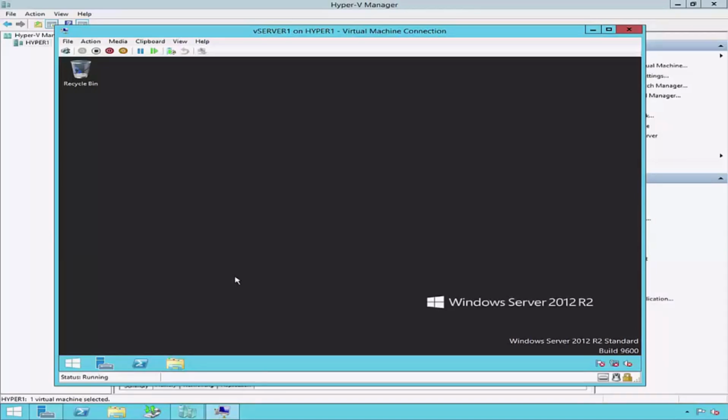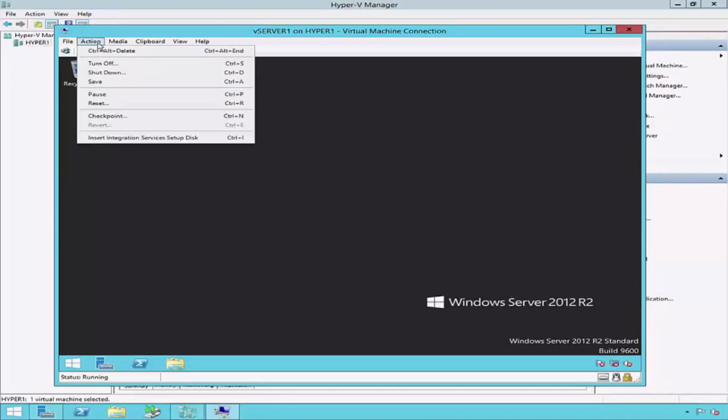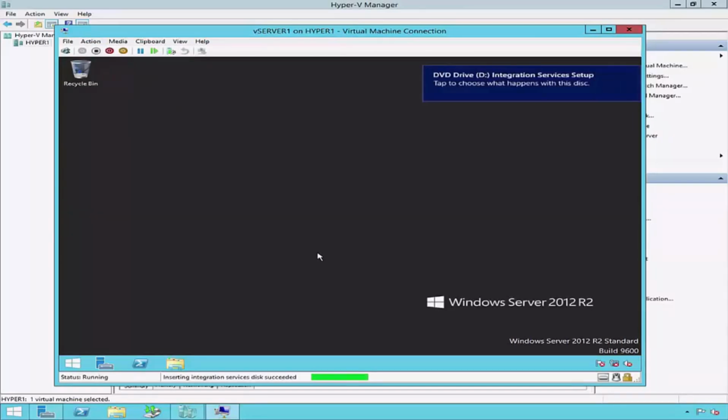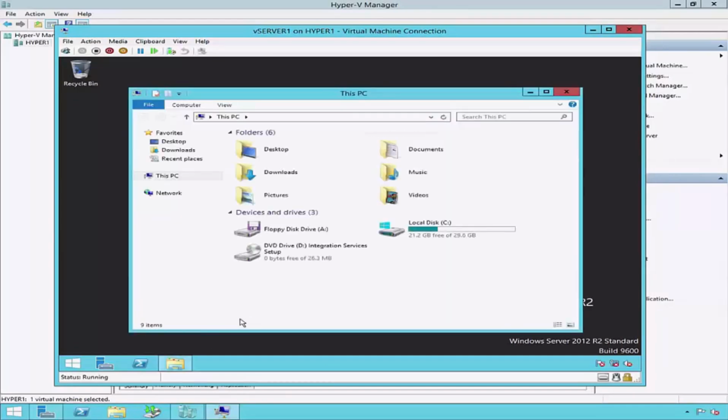Installing guest integration services onto a virtual machine is simply a matter of clicking Action and selecting Insert Integration Services Setup Disk from the drop-down list. The act of doing this will insert a special ISO image into the virtual machine's virtual DVD drive. If I open File Explorer on this virtual server, notice that Windows is detecting an Integration Services Setup disk in the virtual DVD drive. If I double-click the Integration Services Setup disk,